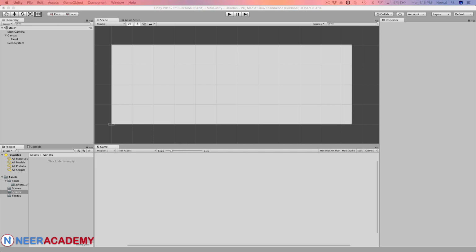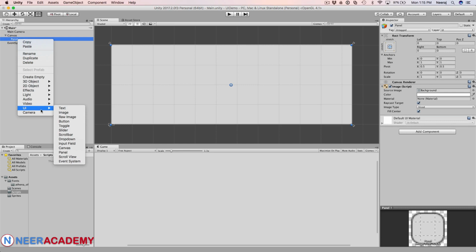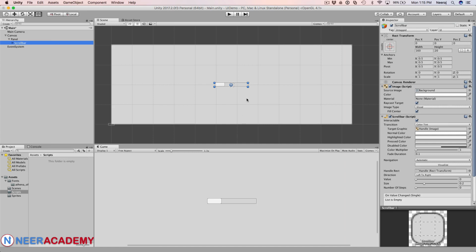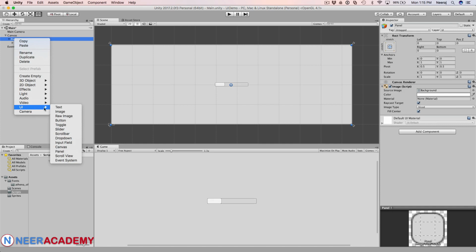In this episode, you are going to learn more about the scroll bars. So let me add a scroll bar. To add a scroll bar, you need to select the parent UI component and then go and select UI and scroll bar. The scroll bar control allows the user to scroll an image or other view that is too large to see completely. You might be noting that there is a similar UI element called slider,